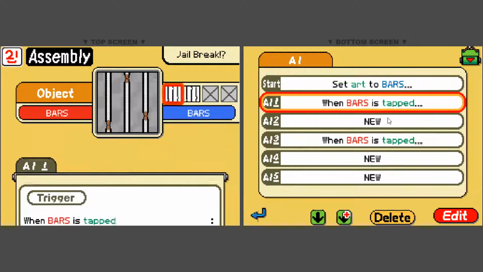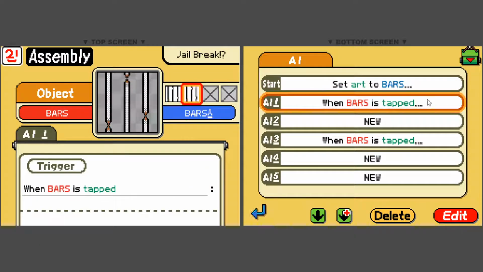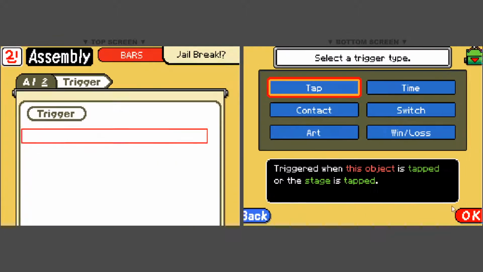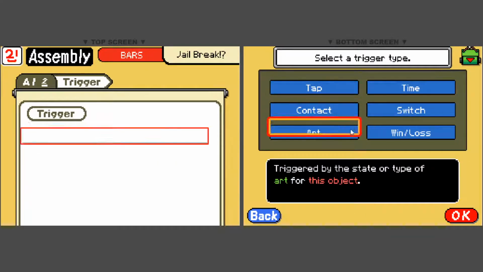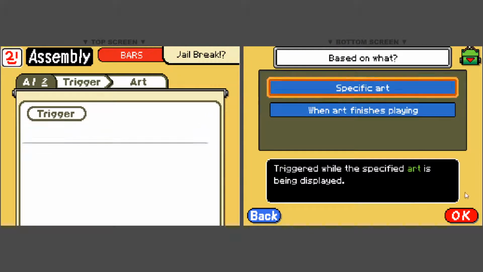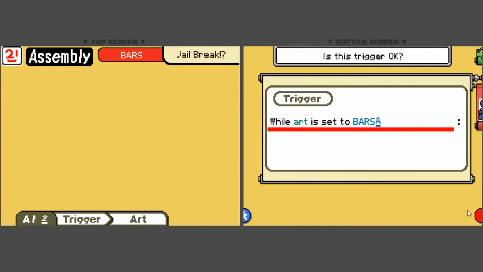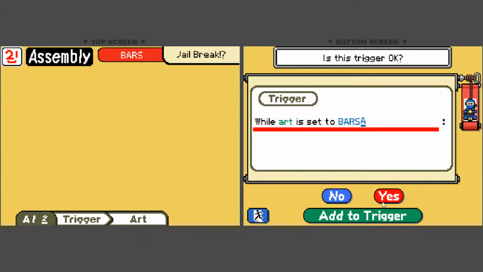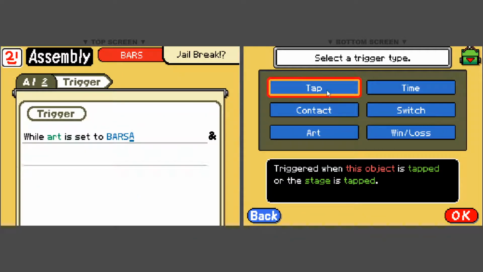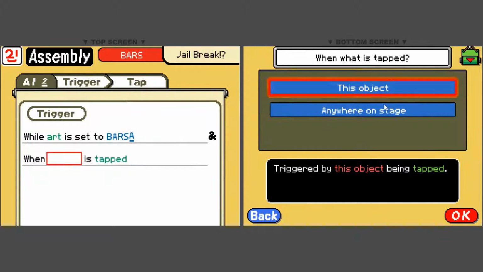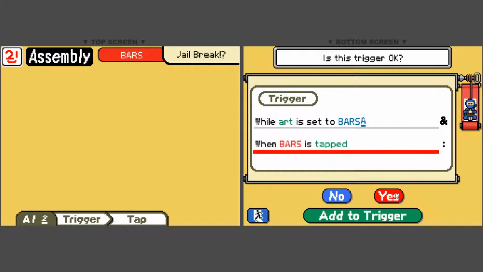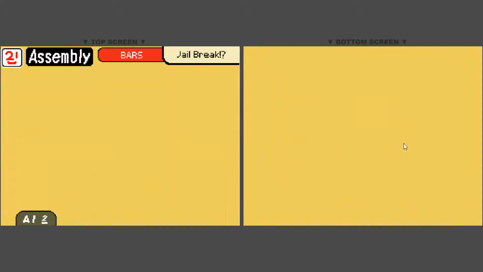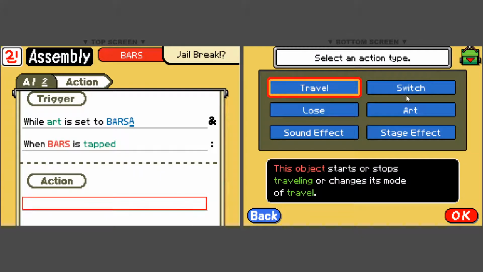See if I can just kind of freestyle it. So I'm going to make a new one. So when it reaches a specific art, which is this one, and it's tapped, then